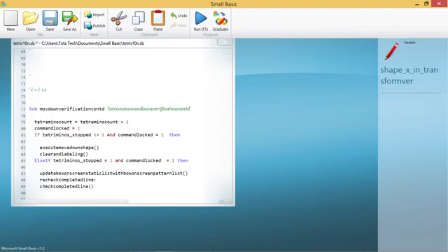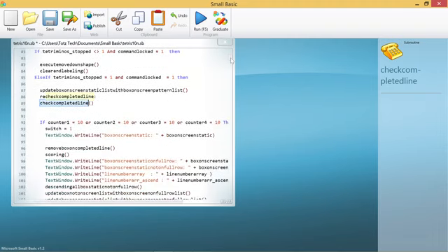So, after that we need to go to, if the box already touched the bottom, it will be checked whether the box completes a line or not, using this. And then this will generate four variables, counter 1, counter 2, up to counter 4.